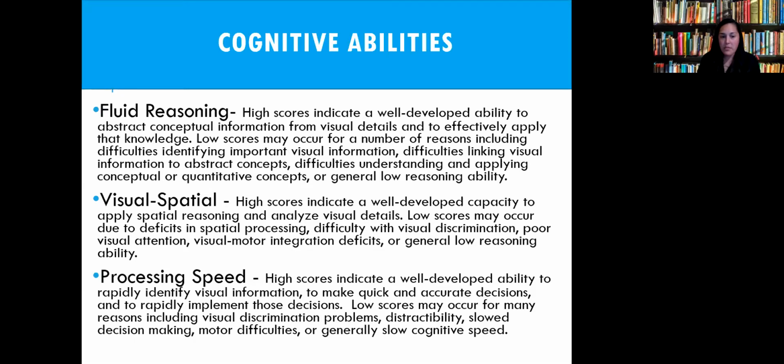But some of the difficulties that they may have is, again, just some discrimination visually, and so they may really struggle with looking at information you're presenting them and being able to extract and tease out what it is that they need. And so another important element for you to understand, whether it's placing them at the university setting or in a work environment, is that they may need information presented to them in a more concrete manner. So these are the key elements that you need to know to complete this task, whatever that might be, versus giving them a lot and expecting them to be able to discriminate between what they're seeing.